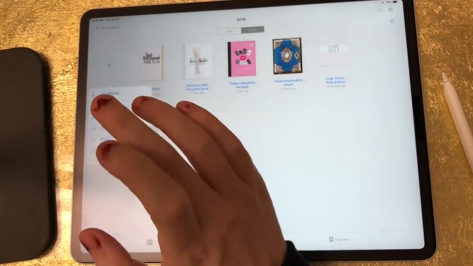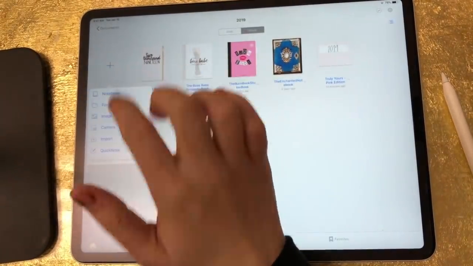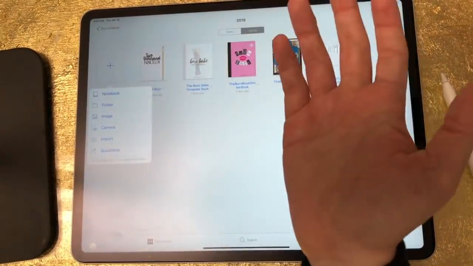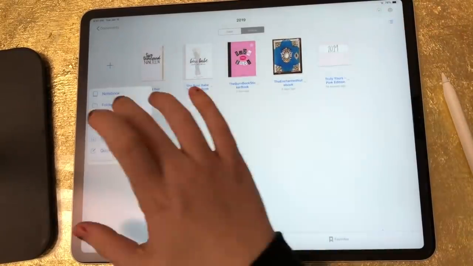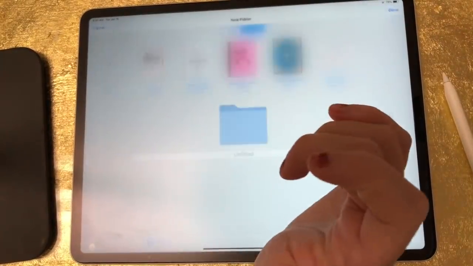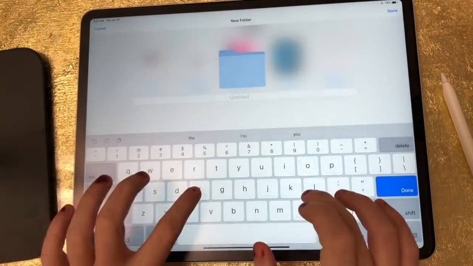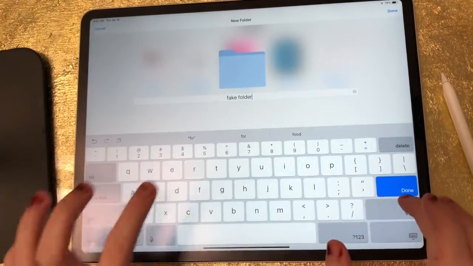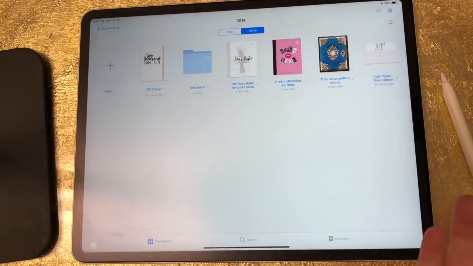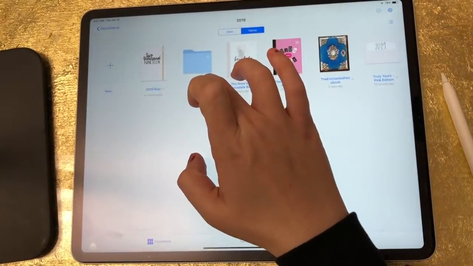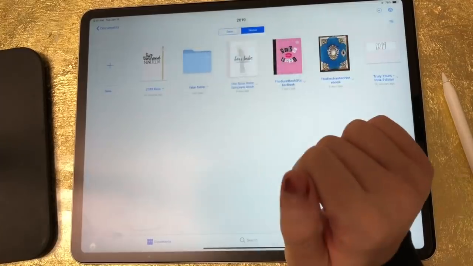You can import an image, you can create a new folder, or you can import a notebook. So if you wanted to create a subfolder to further organize your digital planners, you would click folder and then type in the name, and I'm just going to type in fake folder. And then there is your folder. If you wanted to delete the folder, just hit that arrow next to it and click on move to trash